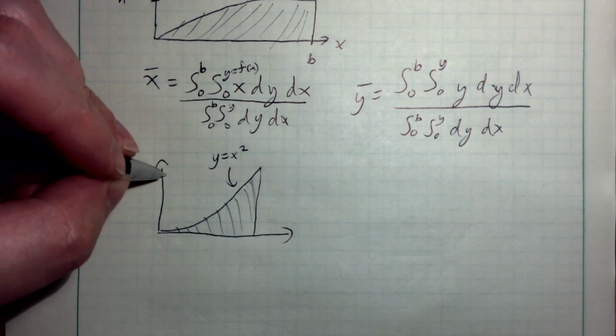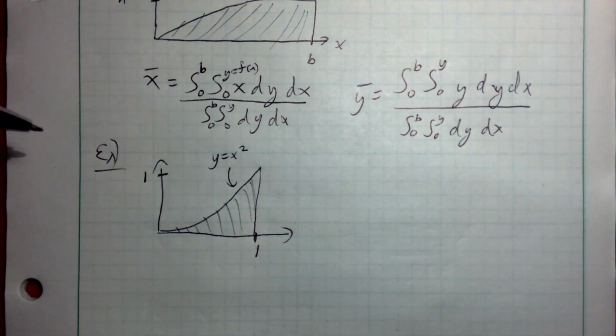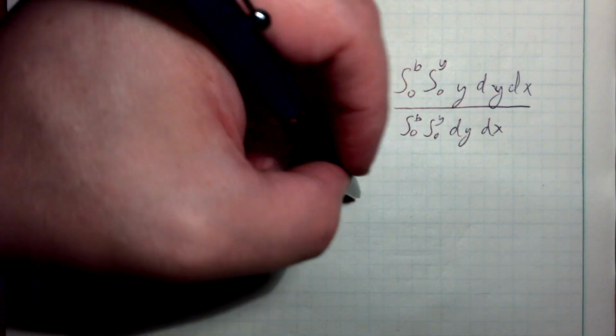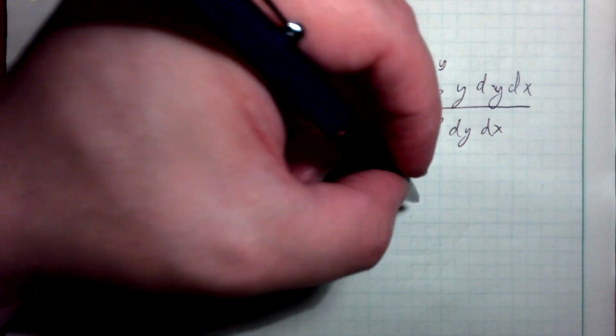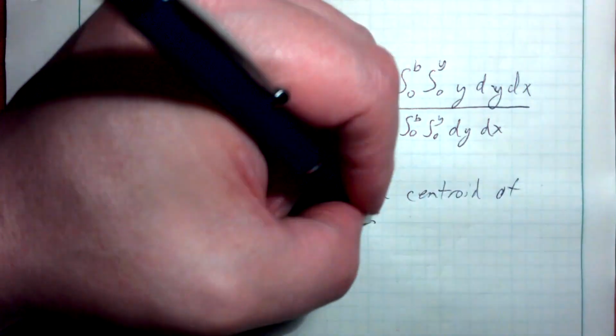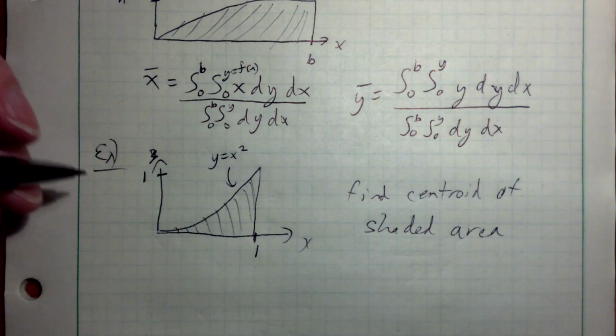And we're going to go up to a value of 1 on the y-axis and 1 out here on the x-axis. And we want to find the centroid of the shaded area. Okay, find the centroid of the shaded area. All right,